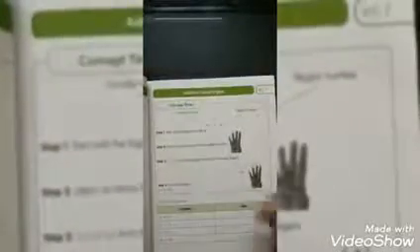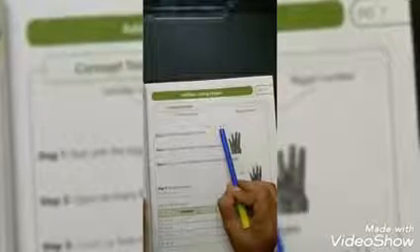Yes, very good. So, dear children, today we are going to see a new topic: addition using fingers, okay? Addition using fingers. See children, here 4 plus 8. Now we are going to add these numbers using our fingers. First, which number is the bigger one? 4 and 8. Yes, very good. 8 is the bigger one, isn't it?